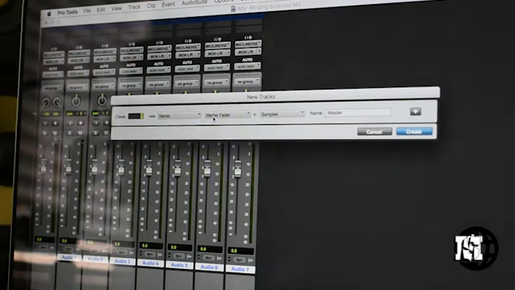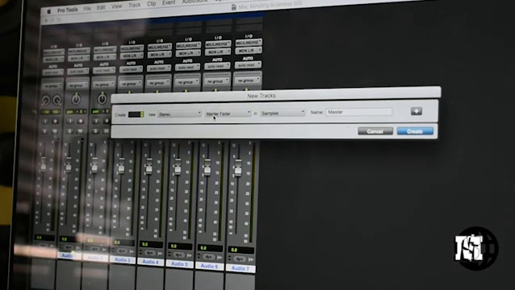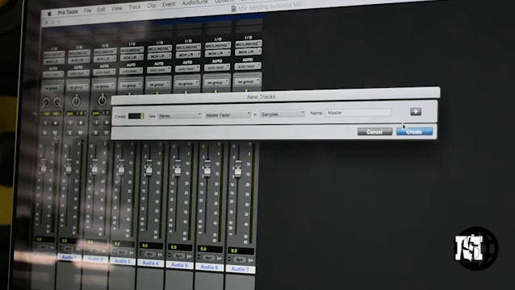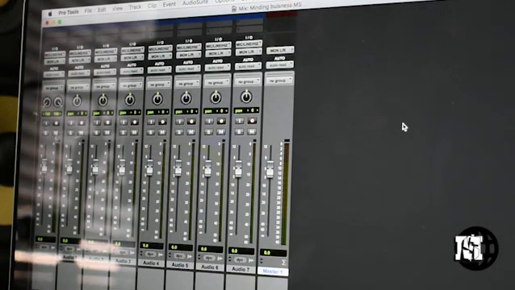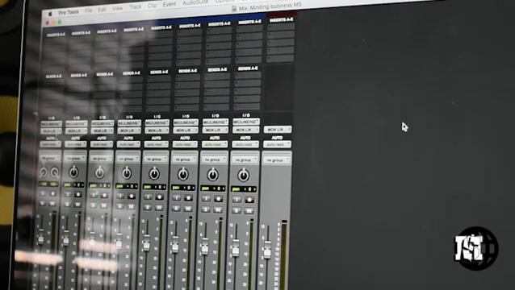Now the master fader is going to show up. Once that shows up, you're all set. You're just going to hit Enter, or you can push Create. I like to hit Enter. I'm a real keyboard kind of guy when I'm dealing with Pro Tools. So alright, now you have all your tracks set up, and on the master fader,